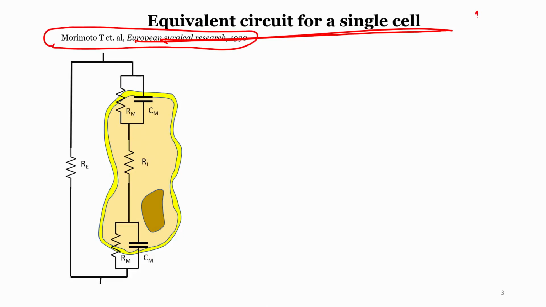I think even from the 1960s people had the idea of an equivalent circuit model, but this kind of model was explained in detail in this paper by Morimoto et al. in 1990. This is often called the Cole model. You can read it up. There might be minor modifications. We will take a separate lecture where we go through each of the different types of models that are there in literature, so that you have a good understanding about different models.